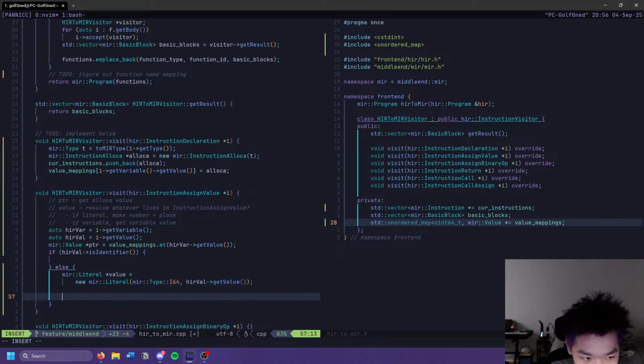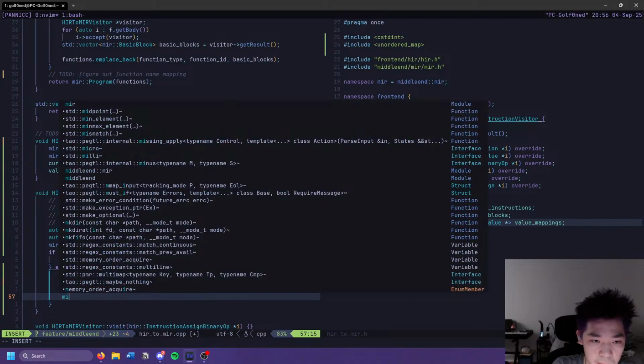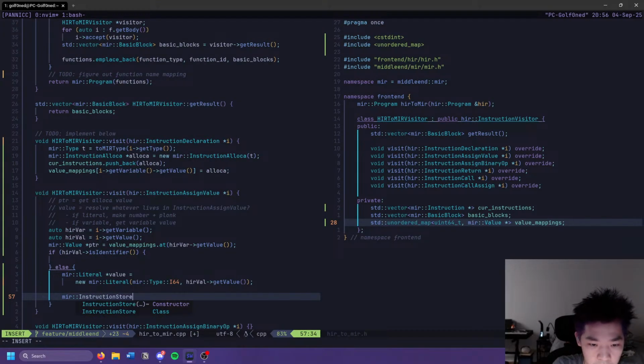So we make value, then we want, so we make the value, this is a literal, so we don't need to register it. So then we can just make the thing, I guess. So we want, it's just a store, I think. Right? Yeah, this is just a store. So MR instruction store